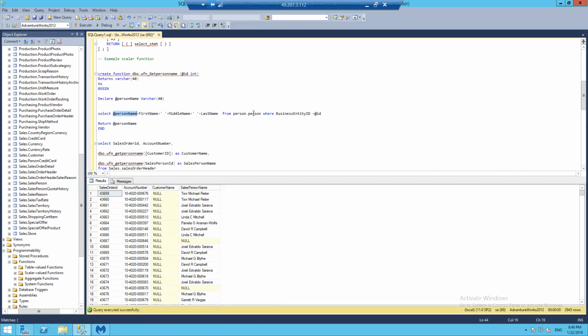From which table? Person.Person is the person table, and BusinessEntityID is the ID which matches with the person. So there is a link between the user defined function I am defining here and what I want to use below. Please understand this. Here I defined a function and I'm returning person name. Once it gets the value based on the ID I give, it stores it in the person name, and person name is returned to the calling function. Now if you see the second line of code,